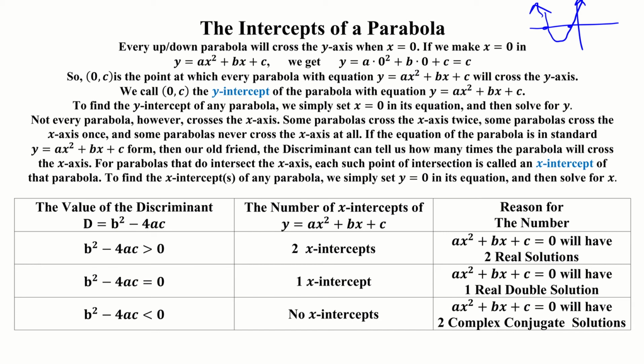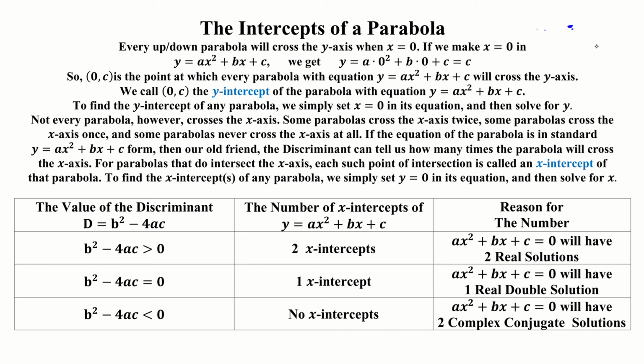These would be called the x-intercepts, the places where it crosses the x-axis, and there's always one place where it will cross the y-axis. Now, this one is guaranteed. Every parabola that you graph will cross the y-axis,